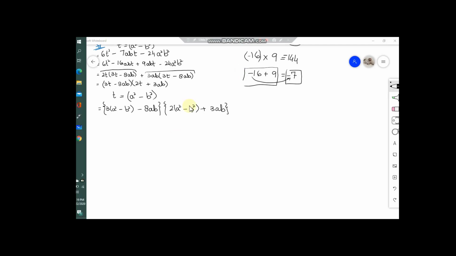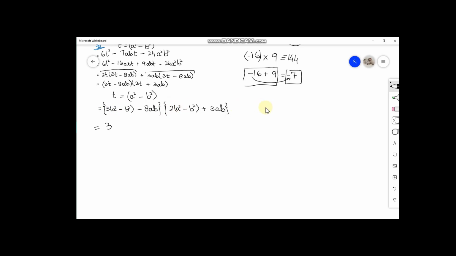You can open the formula in this bracket, but don't expand the question unnecessarily. What you will do is simply multiply this 3 inside the small bracket, and this 2 inside this small bracket. Okay, so let us start the solution.